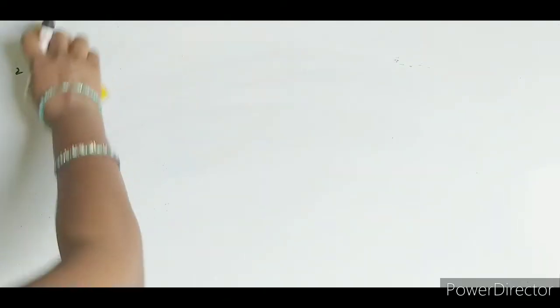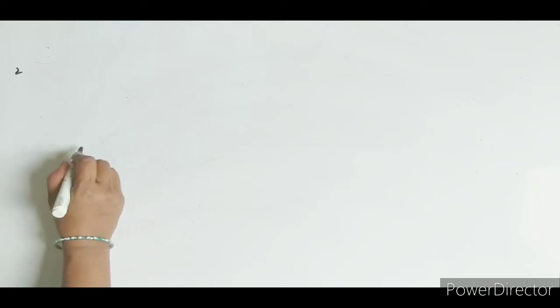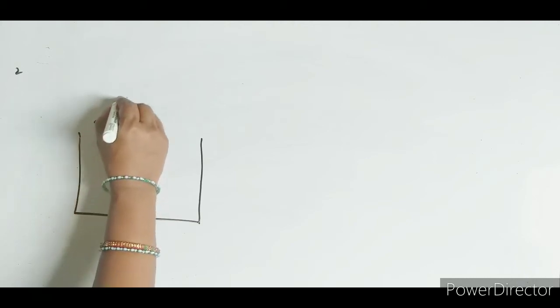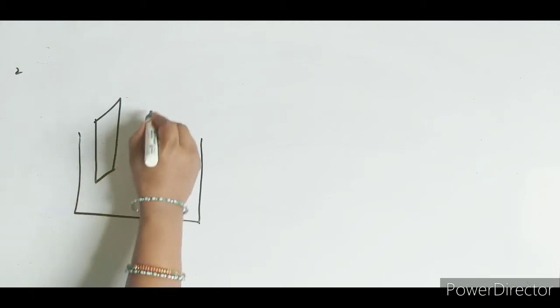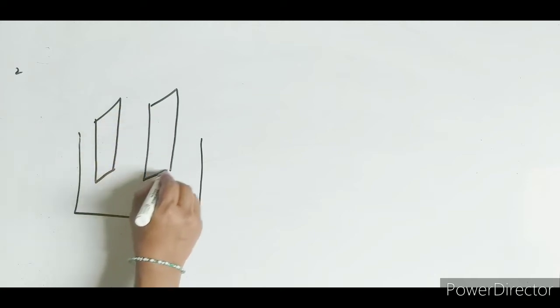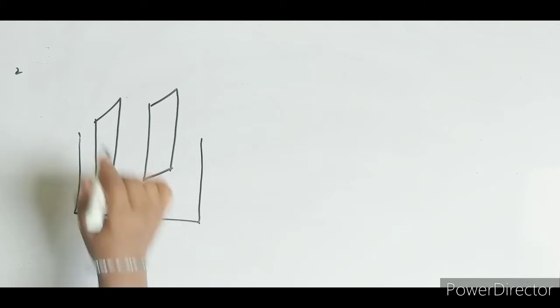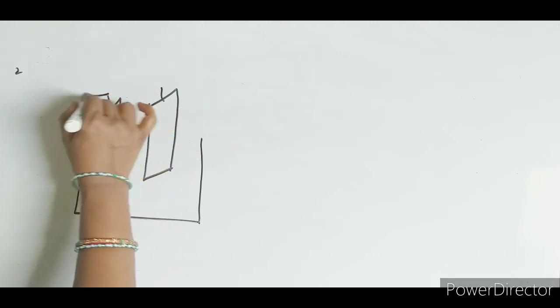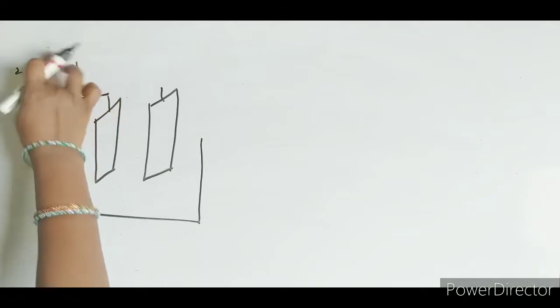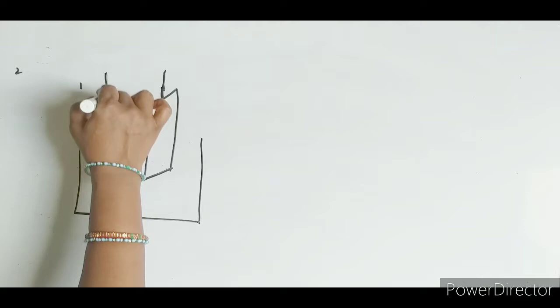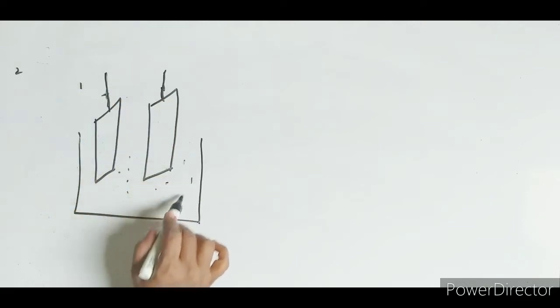In a cell there will be some electrodes, which are known as the positive electrode and negative electrode. Let me draw it like this. Here let us take two plates, which are otherwise known as electrodes. These are of two different materials. The purpose of taking two different materials is to maintain the potential difference. Clear?